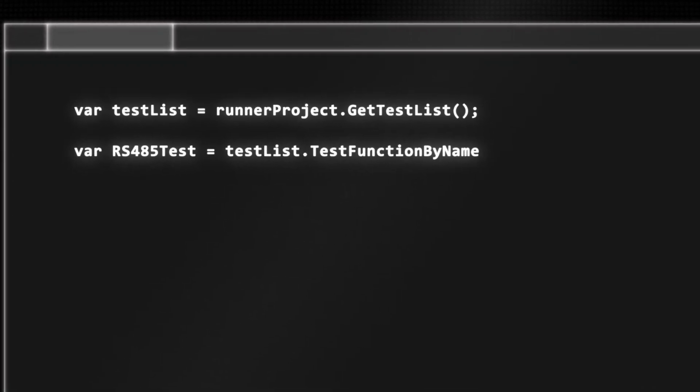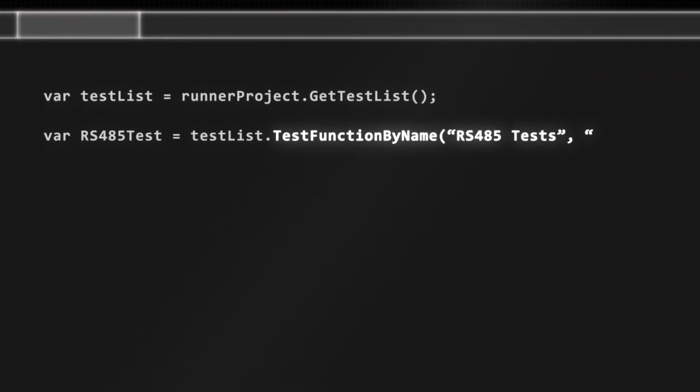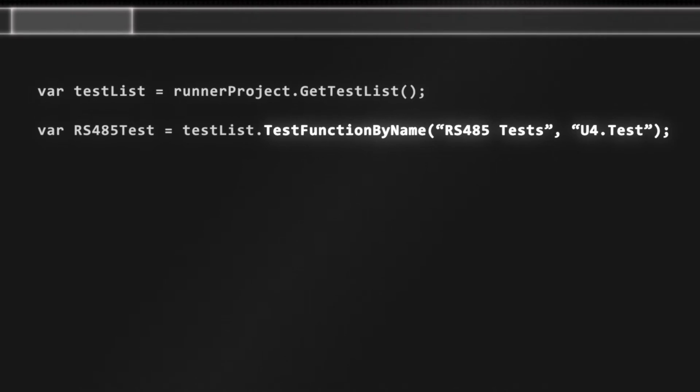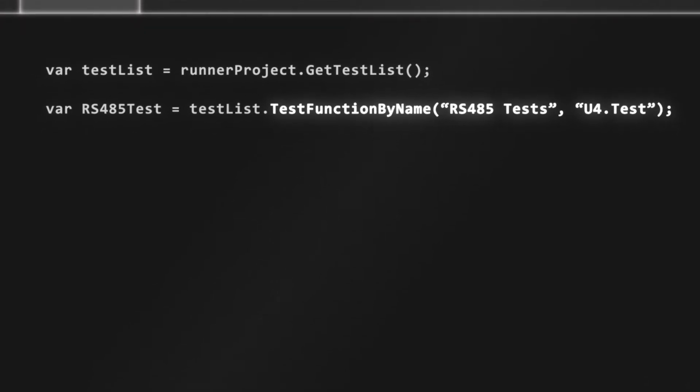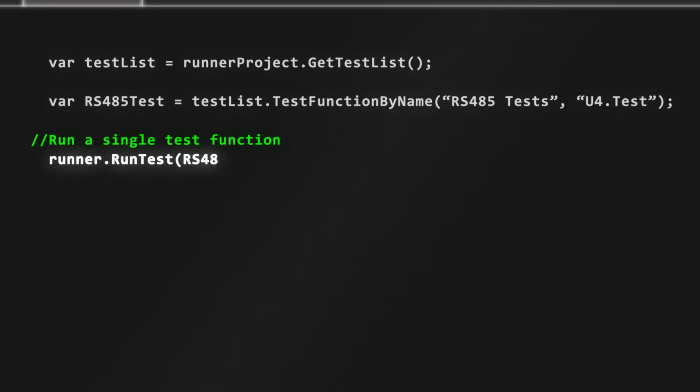This time though, you follow it by calling the method called testFunctionByName on the test collection and passing in 2 strings, the first for the name of the group and the second for the title of the test itself, in this case u4.test. That will return a test function object that you can pass to the runTest method on your runner object. The result is to execute just that one named test. And note, it's run test singular without an S at the end.